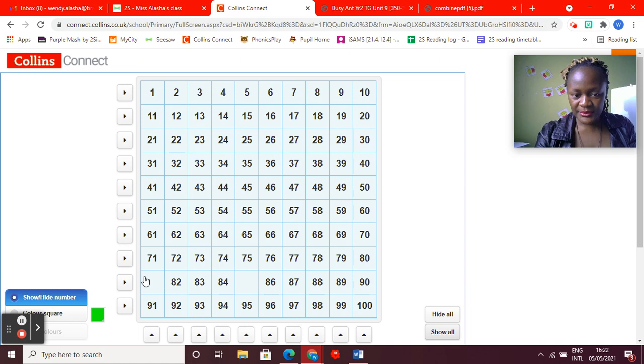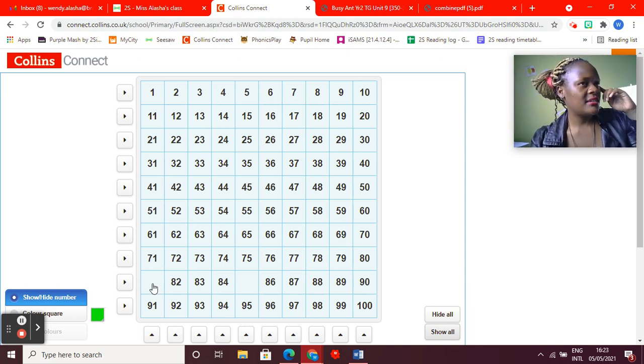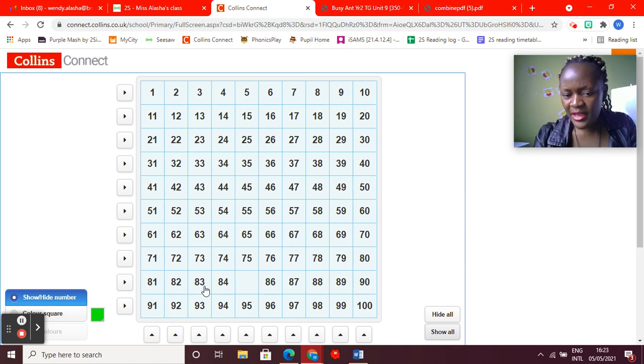Right here, we're looking for a number that is 10 times more than 71. What number will go there? It's 10 more than 71. Jump to the next tens. You're right. It's 81. Now from 81, when we are going across this row, we realize that there is a